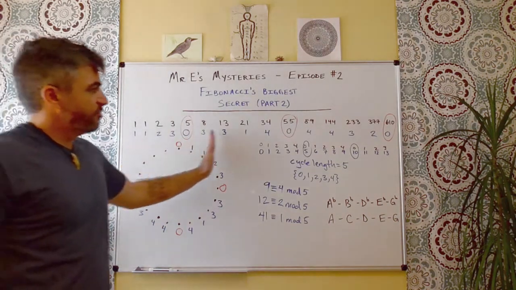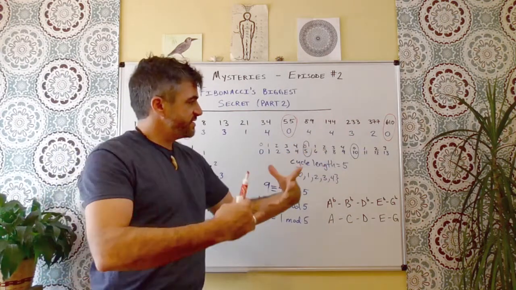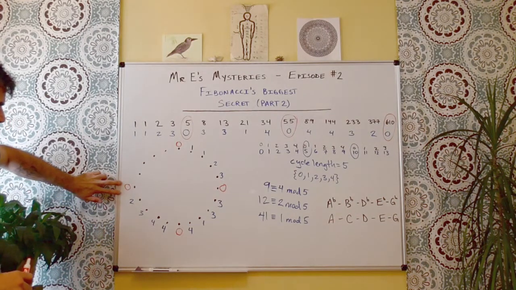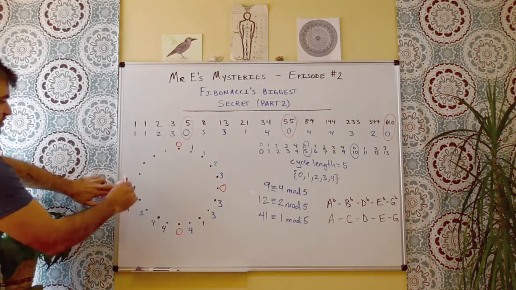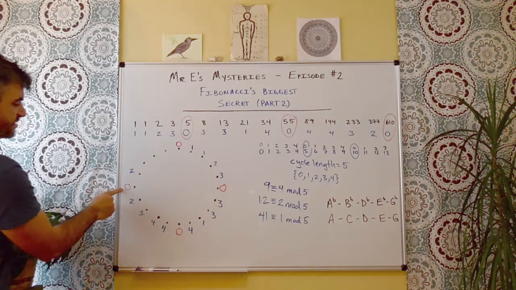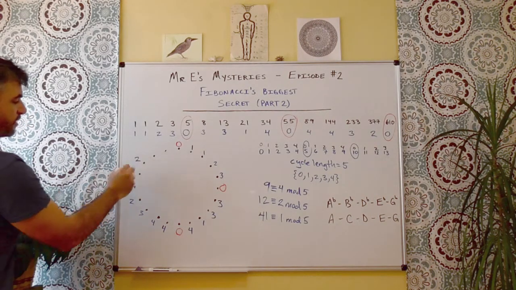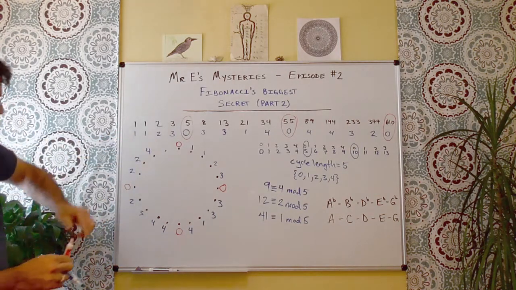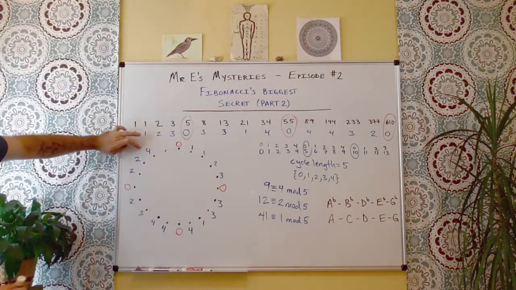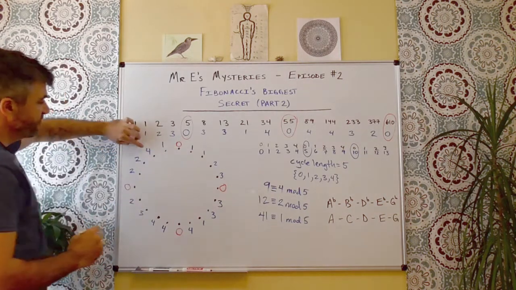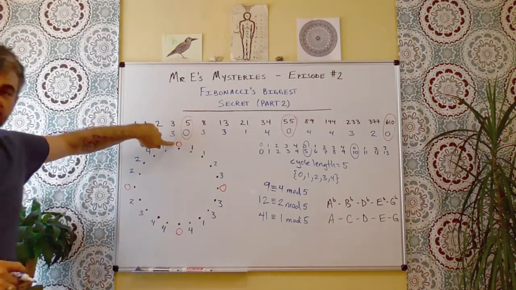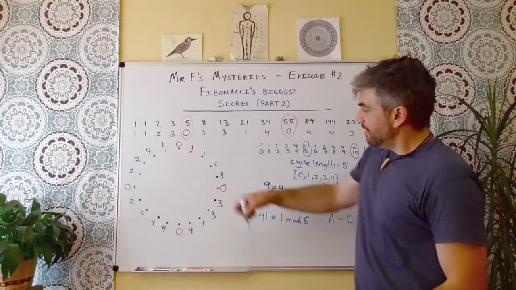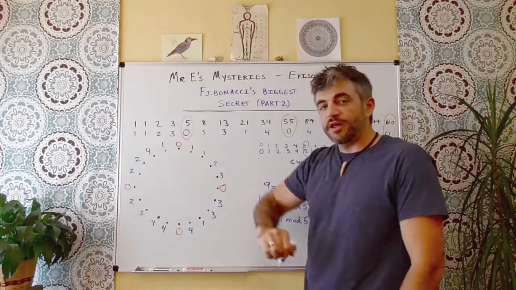Now, I don't have room on the board to continue the recursive sum, but let's do that in the cycle. So we had 3 plus 2 is 5 is 0, then 2 plus 0 is 2, 0 plus 2 is 2, 2 plus 2 is 4, that needs no reduction, 4 plus 2, or 2 plus 4 rather, is 6, which reduces, we know, to 1. And then 4 plus 1 is 0, giving us our 5 once more. Now, what would happen after that 19th term in the Fibonacci sequence?